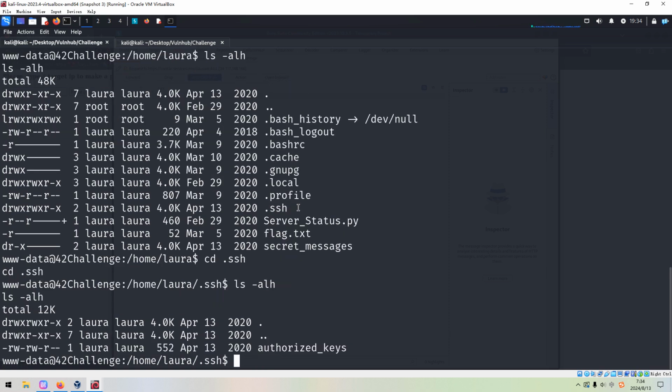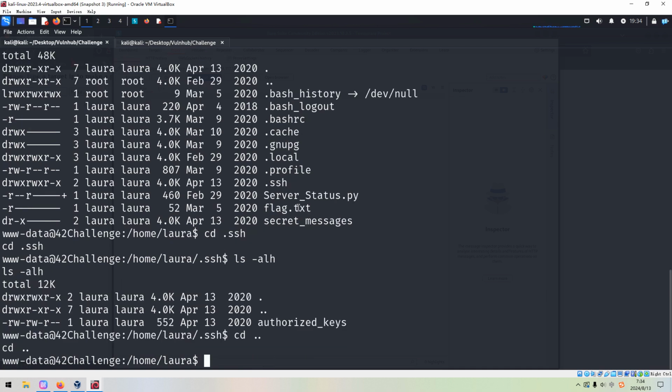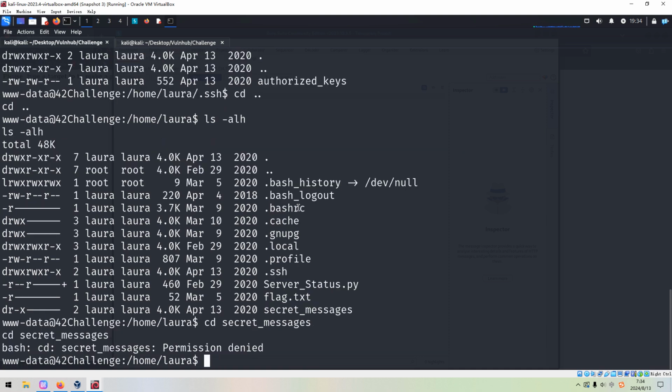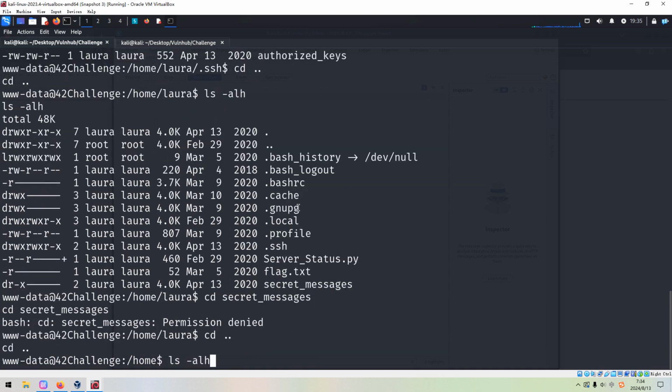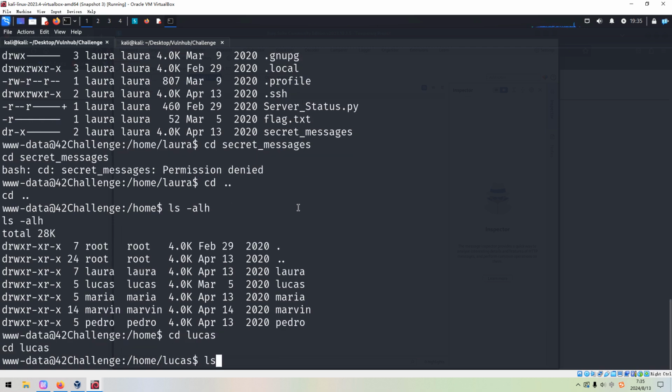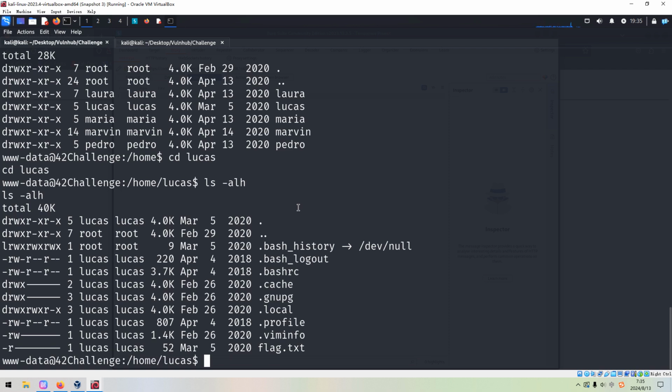SSH. Nothing there. So how about secret message? Permission denied. All right. So we need to do enough local enumeration, right?